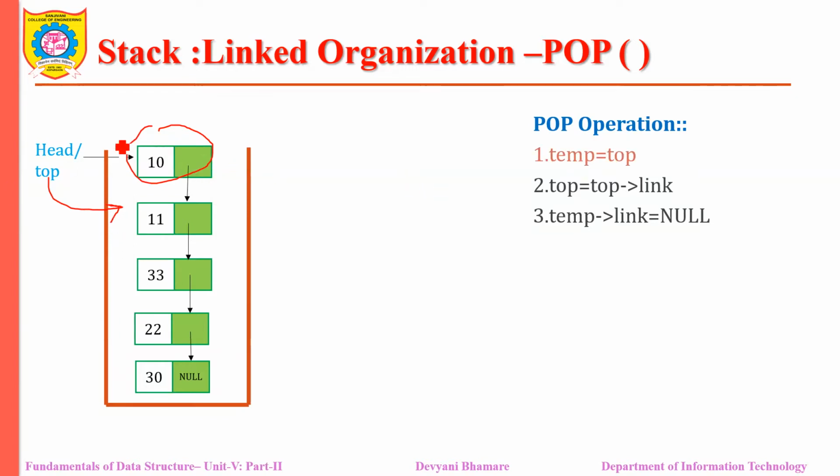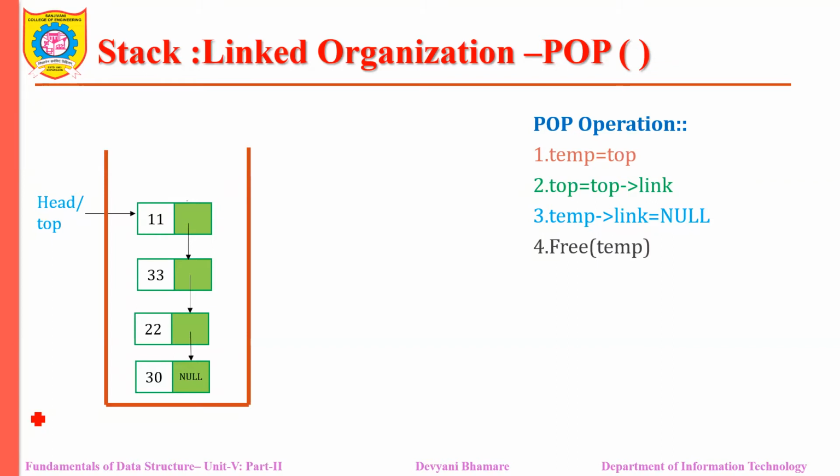So this element is our temp, which is pointed to the first element. So temp is equal to top, right? Then top points to that next element. The next element's address is stored in this link field. That's why top is equal to top of link. And then we need to make temp of link null